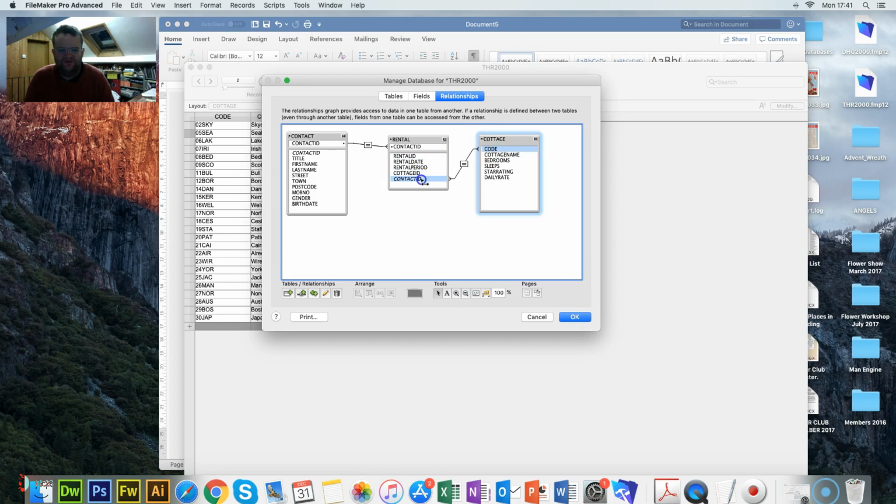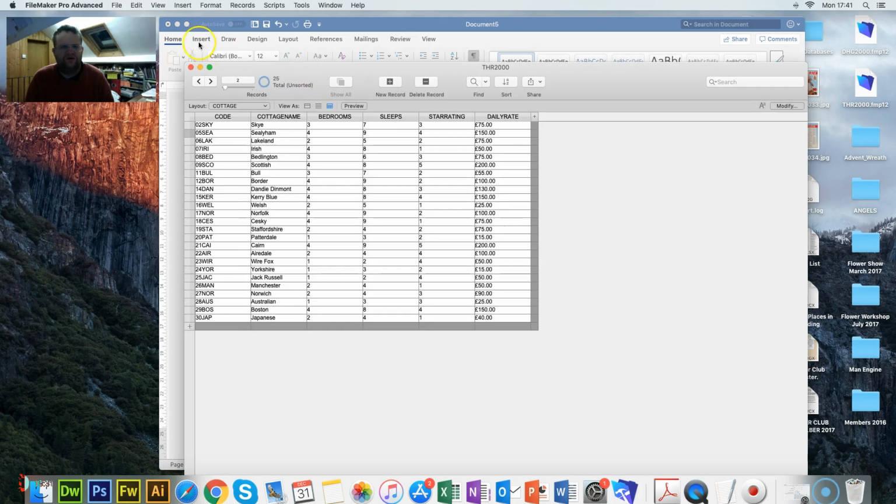Code to cottage ID there. Somebody's come up with 2, I don't know. Anyway,